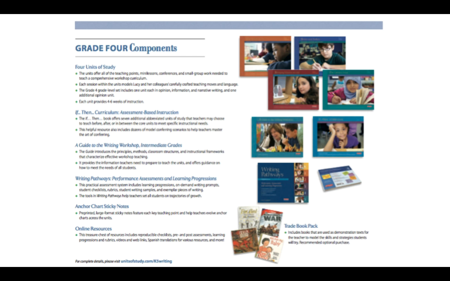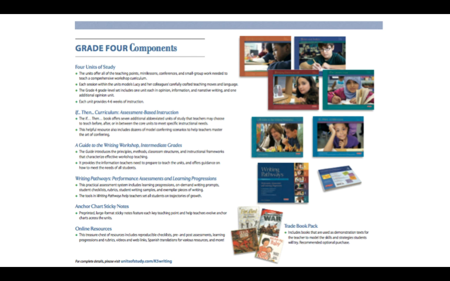Also included in the writing unit of study kit is a book titled A Guide to the Writing Workshop Intermediate Grades. This book introduces and defines the principles, methods, structures, and instructional frameworks needed to implement a writing workshop effectively. The Writing Pathways book houses all assessment, from on-demand assessments, which are the pre- and post-assessments used for each unit, to student checklists and rubrics, to learning progressions, and exemplar pieces of writing for all 3 genres of writing. Teachers and students alike are able to see what meets the standard for the particular grade level and set and